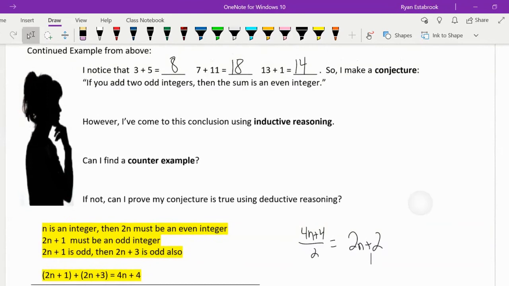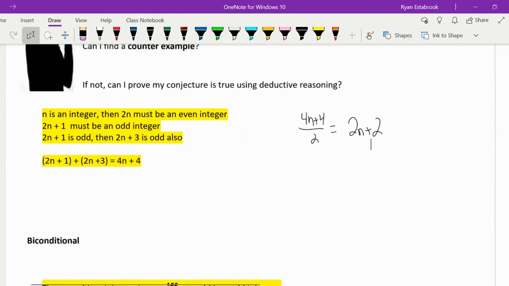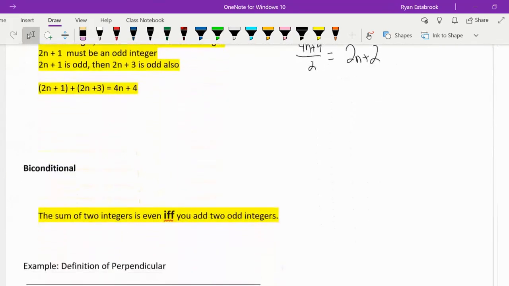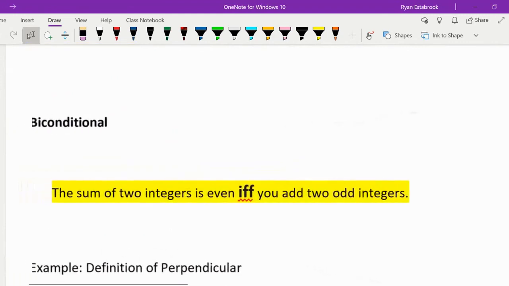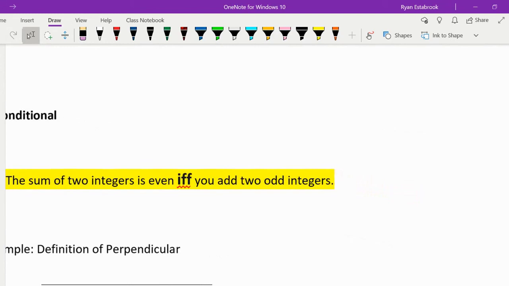Could we have said more with this conjecture? For instance, could we have made this into a biconditional? A biconditional is when we use the phrase "if and only if," abbreviated to IFF. With this example, it would have been: the sum of two integers is even if and only if you add two odd integers. So what I mean by that is,